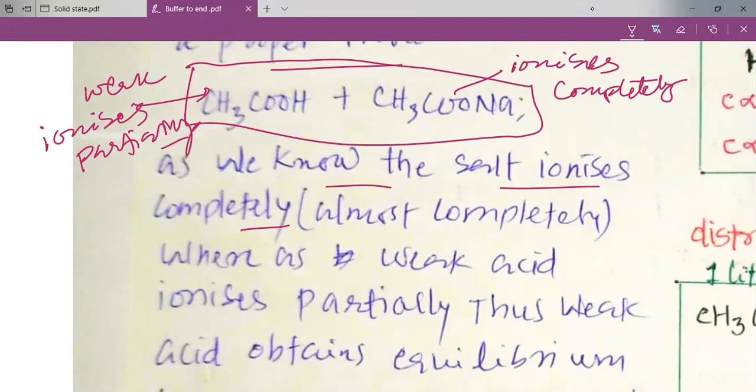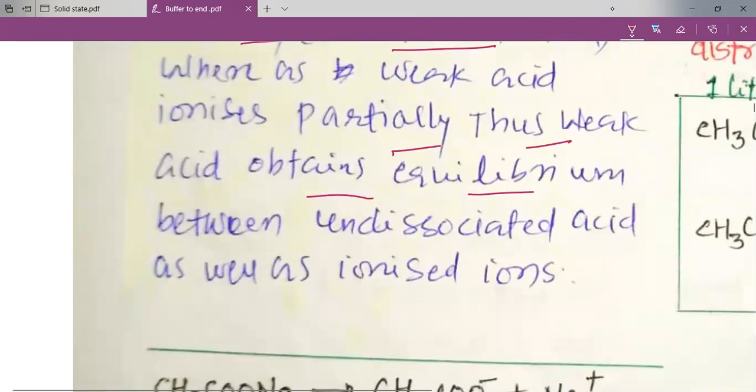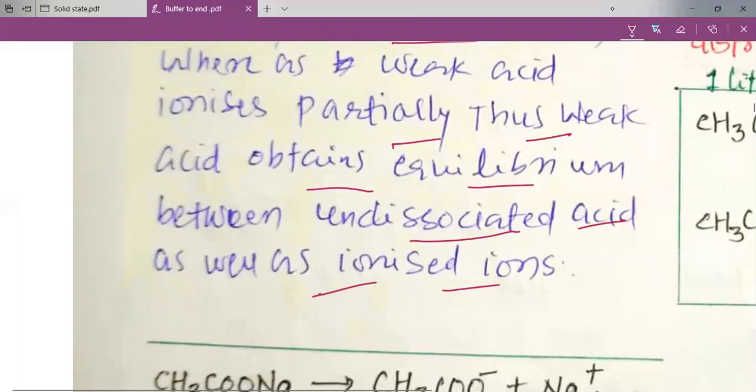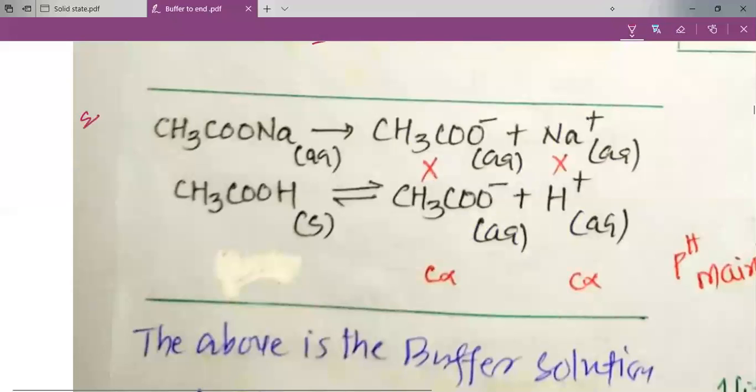Please remember, as we know that salt ionizes almost completely, whereas the weak acid ionizes partially. Thus, the weak acid obtains equilibrium between the undissociated acid as well as the ionized ions. So you can see that this is the salt. This salt, we show it as completely dissociating, and after dissociation the concentrations of these ions are considered to be